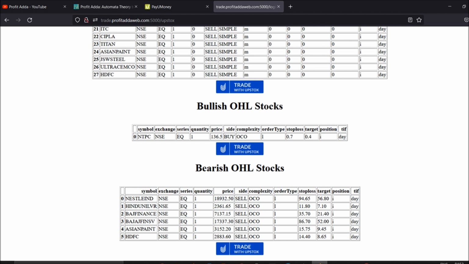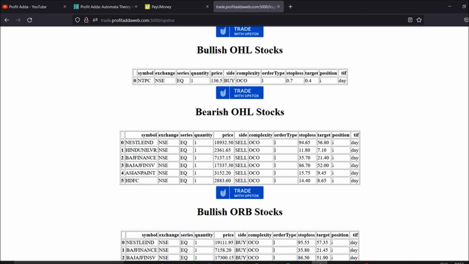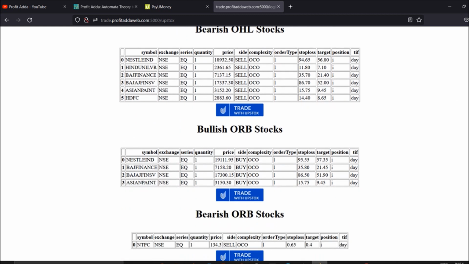Suppose you want to get top gainers and top losers, and you have already prepared a CSV file for yourself and want to place the orders, EMA orders, you can also get in and fill these orders through CSV. If you come in at morning market hours after 9:15, these things will be available, especially top gainers and losers, and OHL stocks. You can come here and check what is according to the OHL, the gap up and gap down. You can also utilize this filter. Just click on this one and you are good to trade.